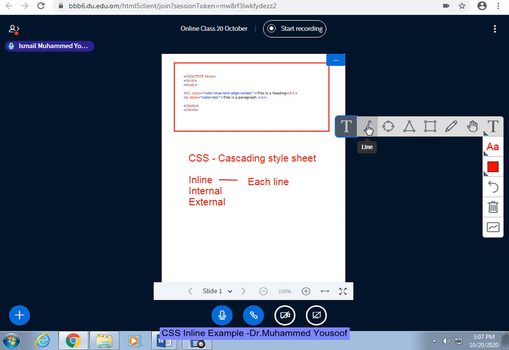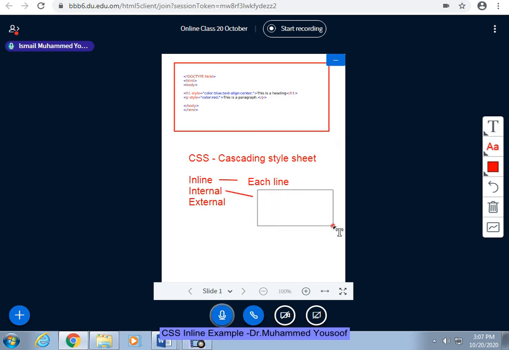In internal, you will create one HTML program, and in the HTML program, you will declare the style. Where is it defined? In the head section. You will have only one file, an HTML file, as you always have, but you will use an element called style, where you will define the style for every element that you will use in the body of the HTML program.